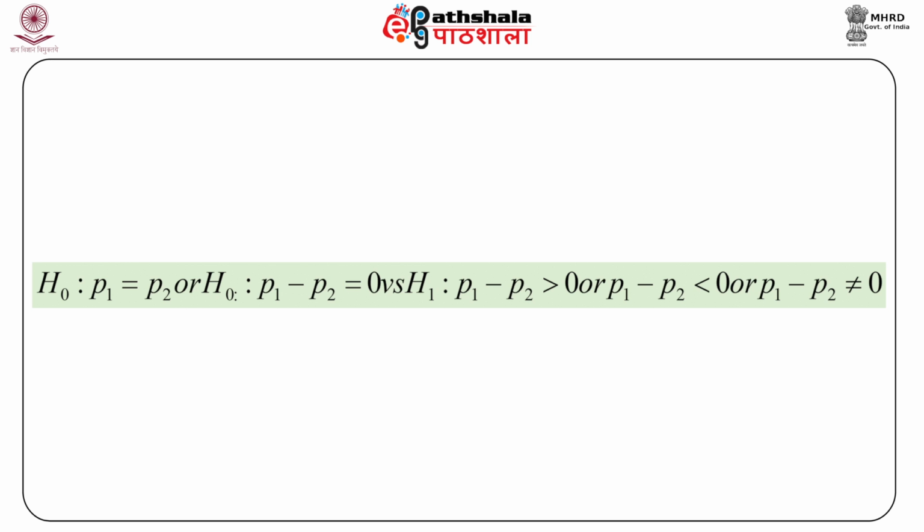This is versus the alternative hypothesis H1: P1 minus P2 greater than 0, or P1 minus P2 less than 0, or we may also write P1 minus P2 not equal to 0, for our usual upper, lower and two-tailed tests respectively. Assuming both samples are large and samples are small relative to population sizes, the Z test